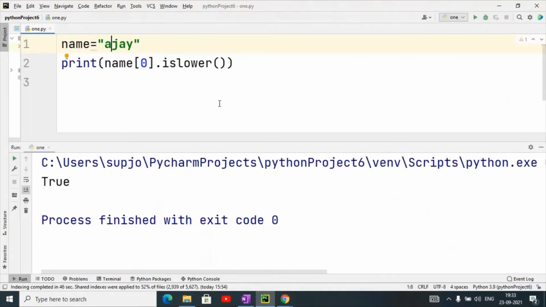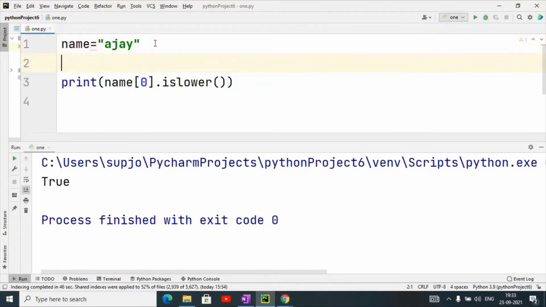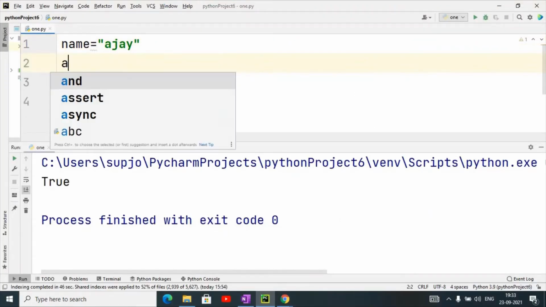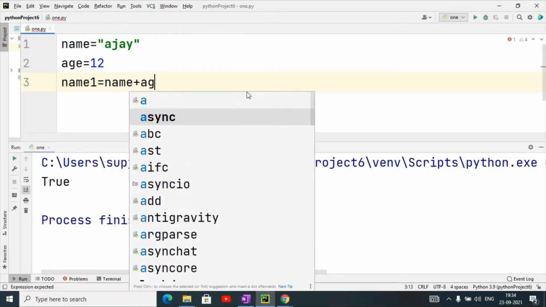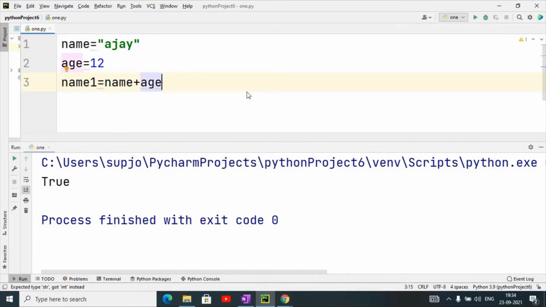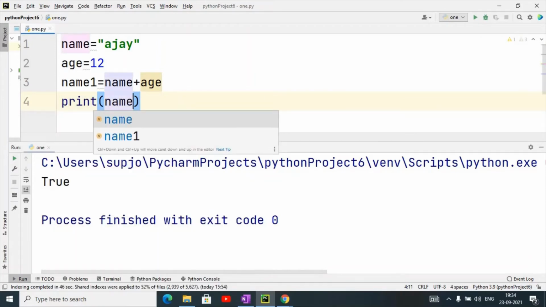Suppose I have taken string name as Ajay, and age equal to 12, and if I want to try to add like this, name1 equal to name plus age, then print name1.